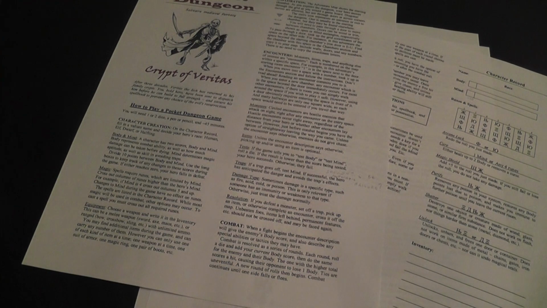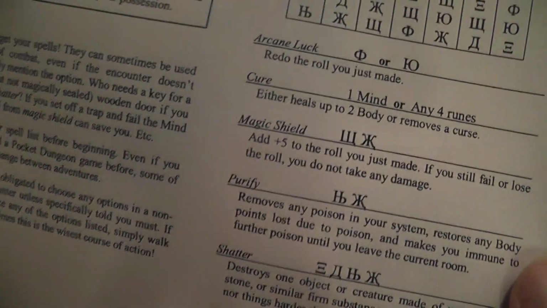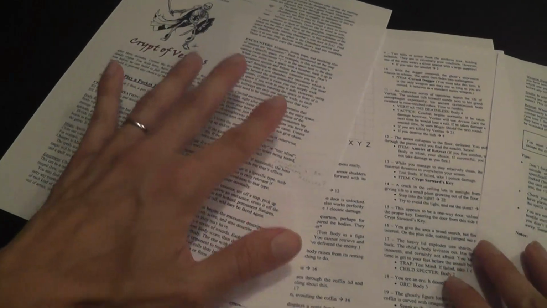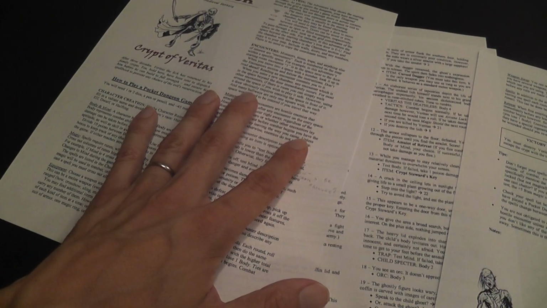If there is a tie, nothing happens. You reroll. You move to next turn. And then, of course, you can use spells to modify die rolls, to give yourself, for example, magic shield, re-roll dice, stuff like that. So with this system, it's very important that you inflict a quick hit on the opponent,